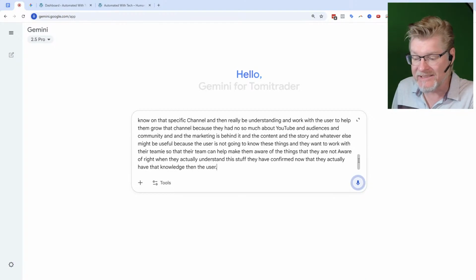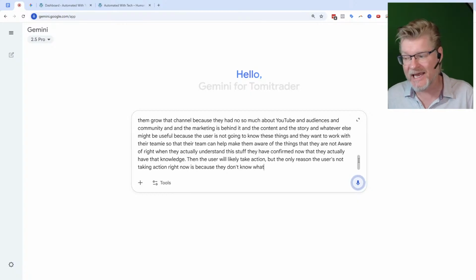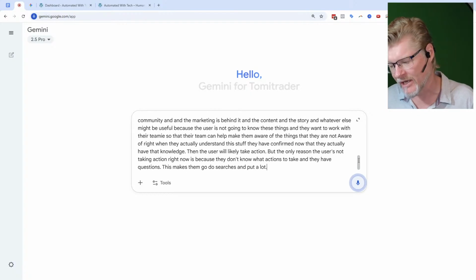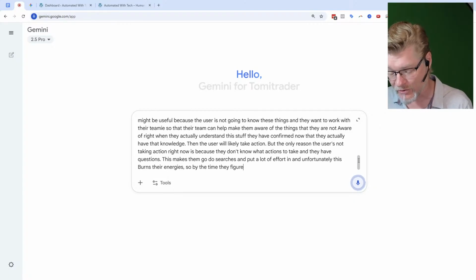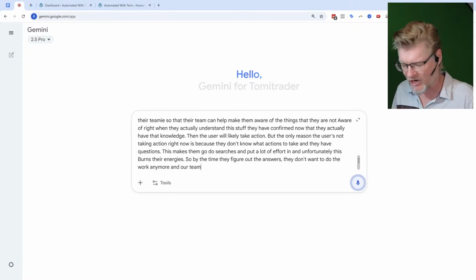the user will likely take action. But the only reason the user's not taking action right now is because they don't know what actions to take and they have questions. This makes them go do searches and put a lot of effort in. And unfortunately, this burns their energy. So by the time they figure out the answers, they don't want to do the work anymore. And our Teamies are going to be there to help them figure out the answers, to solve problems, to